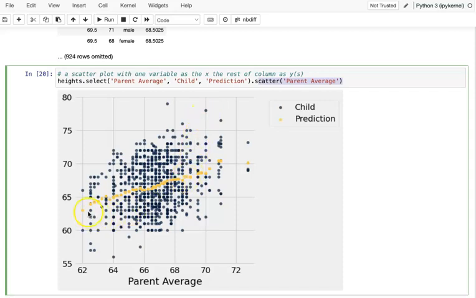Our prediction is here in yellow. Pause the video to see what you observe. If you can see, the yellow follows a straight line. So that actually fits what we said: the taller parents have taller children, right? So actually not too bad. In the next video we will see